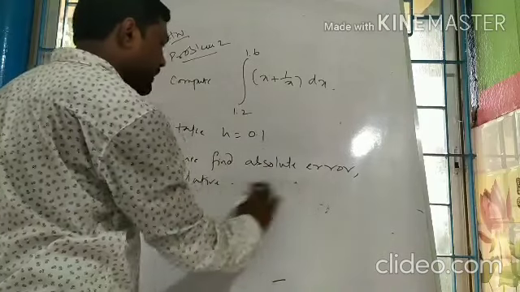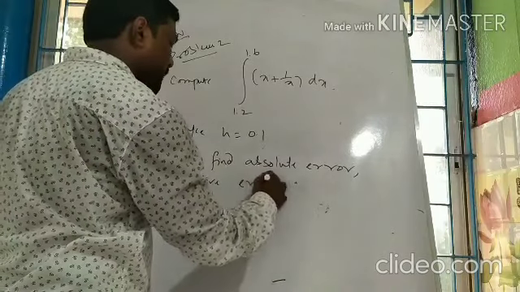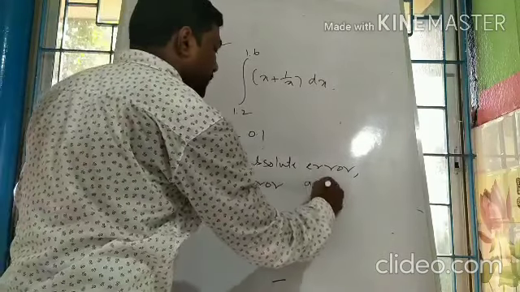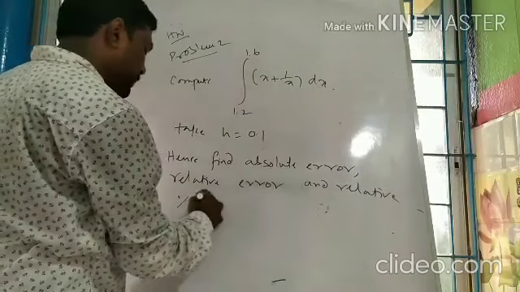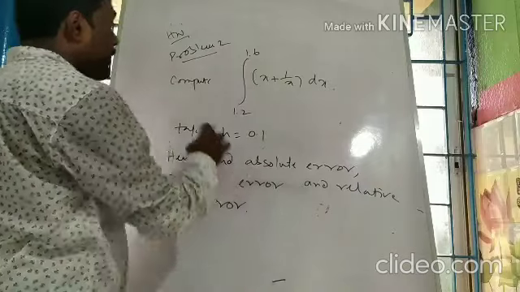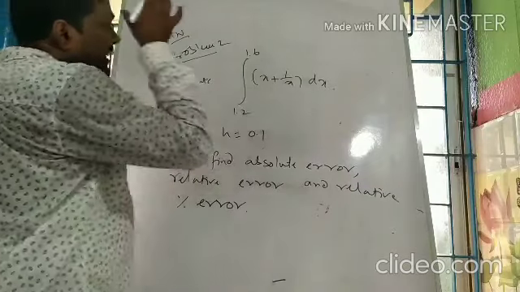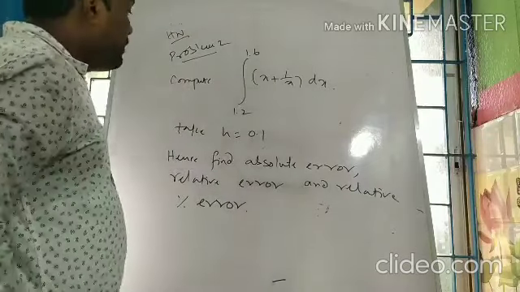Hence find absolute error, relative error, and relative percentage error. Compute the integration from 1.2 to 1.6 of x plus 1 by x dx using Simpson's 1/3 rule of integration,